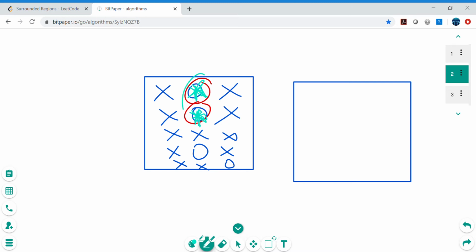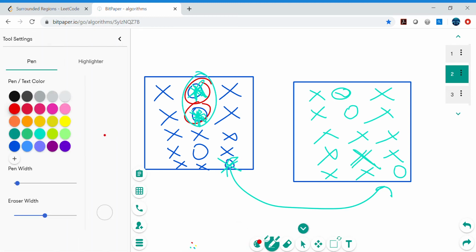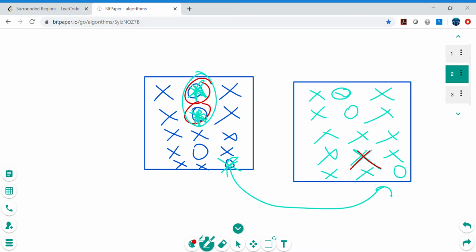So these are the stars, we will convert them back to O. So X, O, X, and X, O, X, and then X, and X, and X, and X, and X, and X, and O. And by the way, we need to change this also to star because that is also on the boundary, so we will convert that back from star to O. And then once we find any O that is not converted to a star, we will mark it as X. So that's the only change. So this is X. Okay, so that's the strategy.